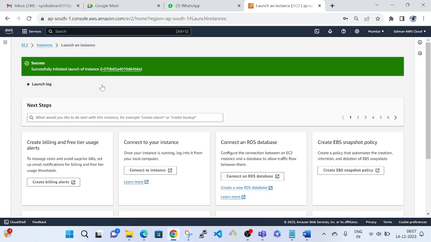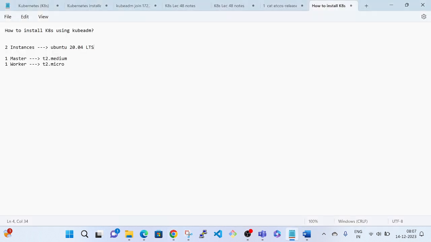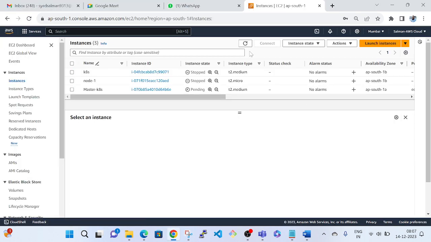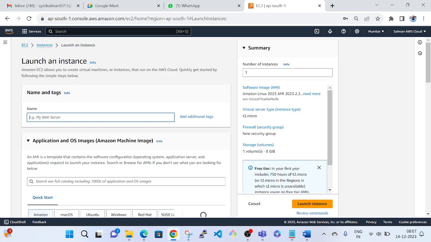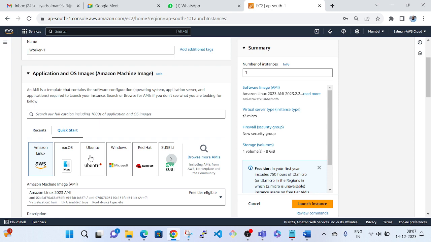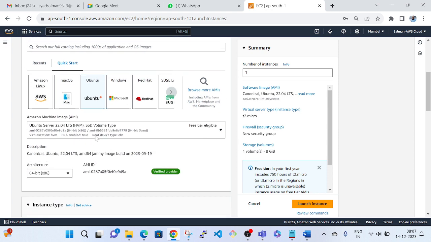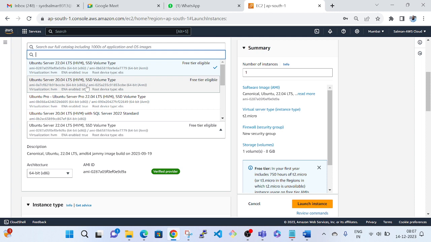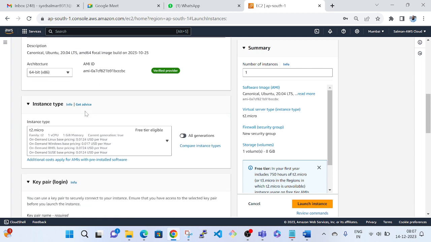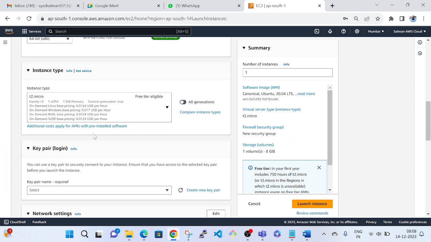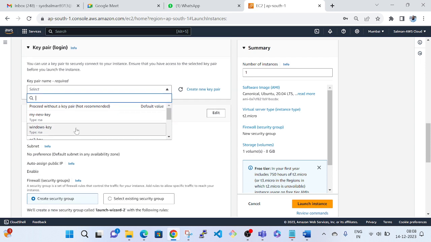So the instance has been successfully launched, but we need one more instance. Okay. So I'm going to launch one more instance here. I'll give the tag here as worker 1. Okay. I'll go with the same Ubuntu 20.04 version. And for worker node, the minimum requirement is the same, that is t2.micro with one virtual CPU. I'll go with the same key pair,